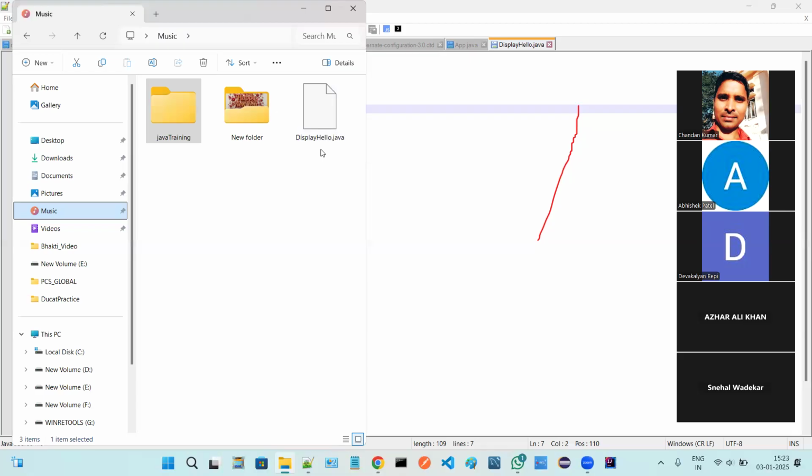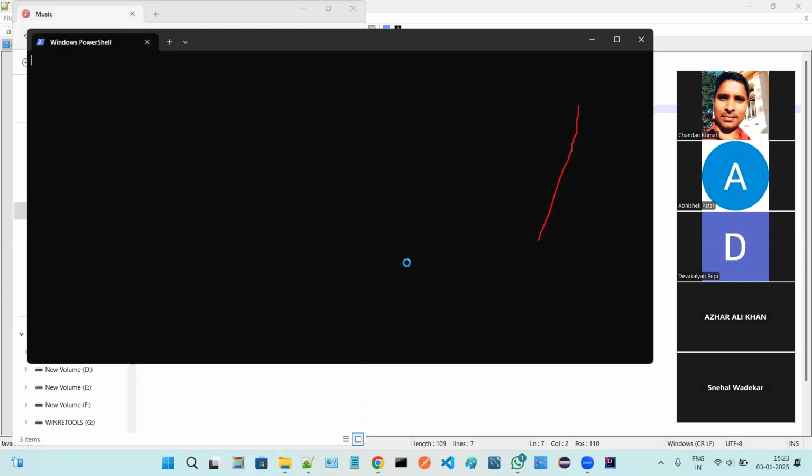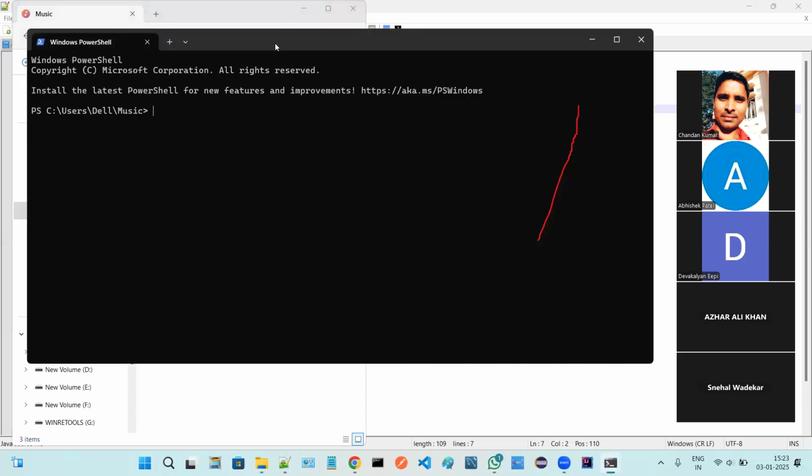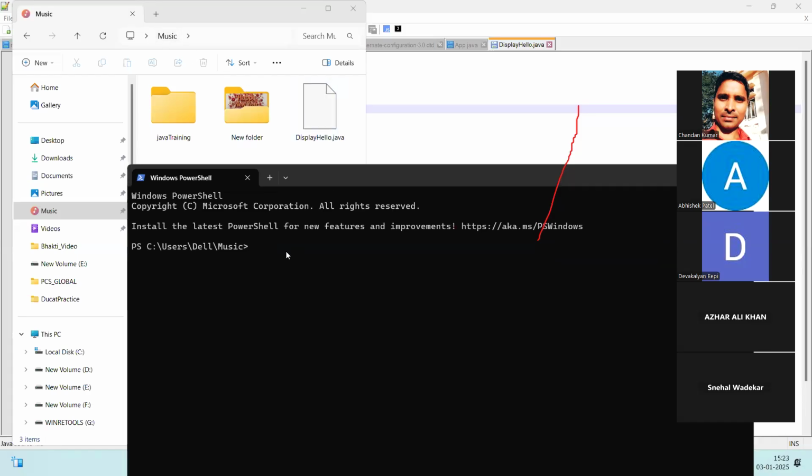Correct. Now we'll execute it from the command prompt. How will we do that? First, let me open it in the command prompt. Now we are in the music folder, correct? We are in the music folder and the file is also available in the music folder. So what is the command to compile this one? As you know,